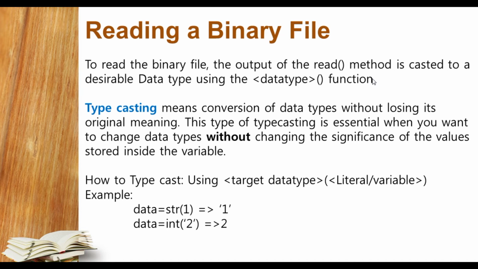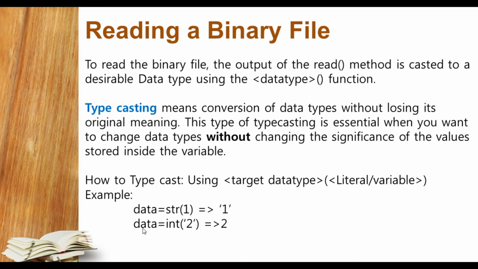Sometimes we need data types in a different format to make them usable. At that time we have to typecast it. An example of typecasting: here is data that we store as string 1. You can see that 1 is in integer, number format. It will be typecast into a string format, and finally it will turn into a string, which is single quote 1 and single quote close.